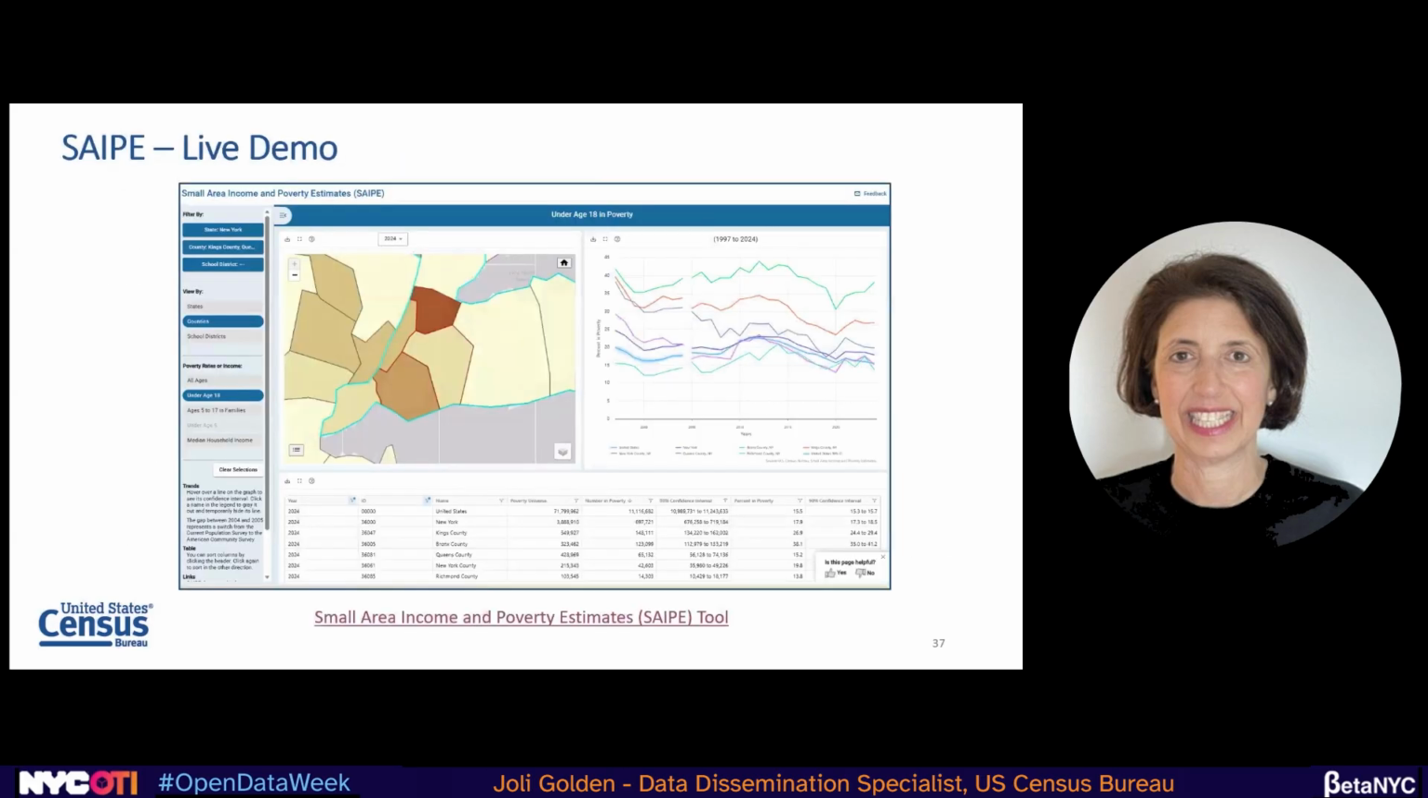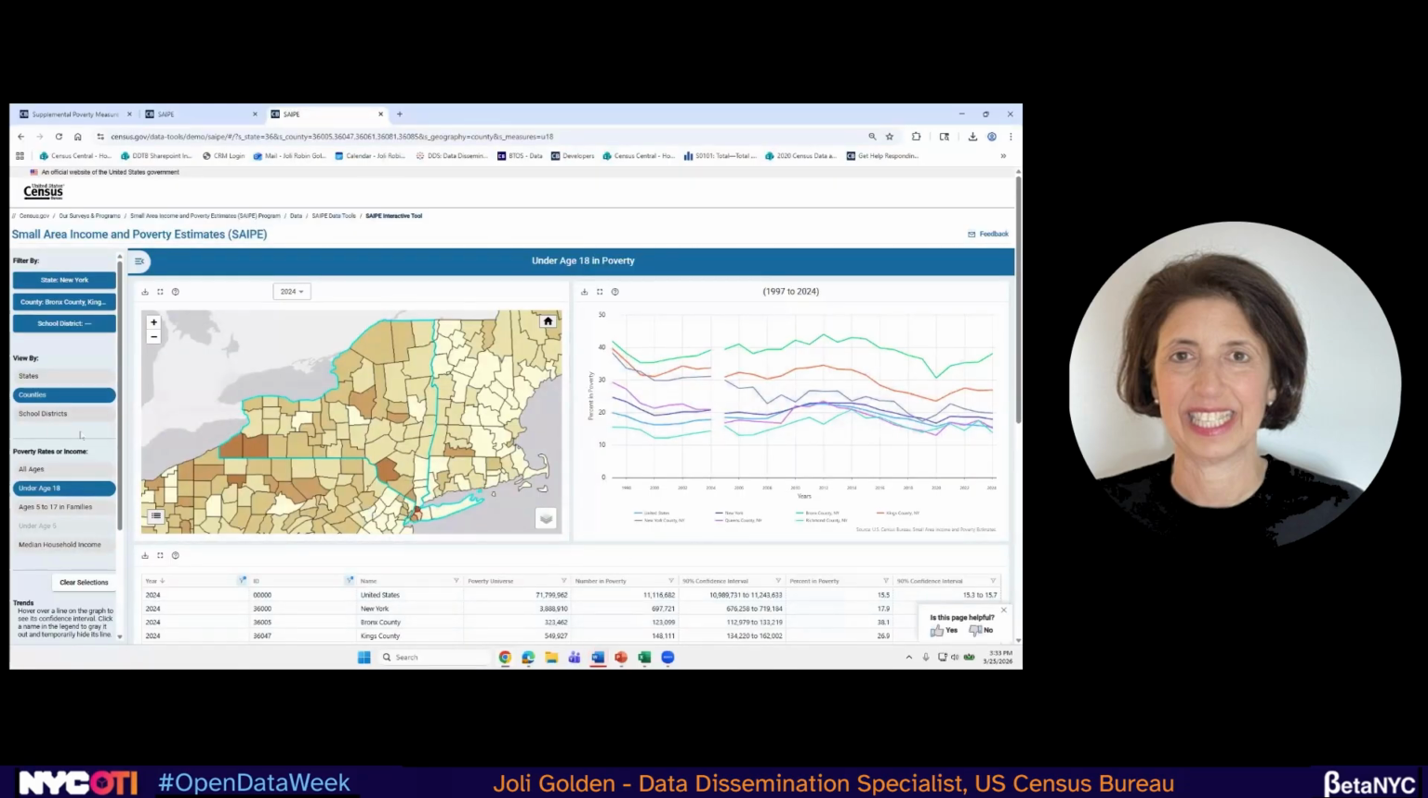So this is what our SAIPE interactive tool looks like. And I'm just going to take you in it for 1 second. So this is the tool. It's pretty intuitive. You can look by school district. It's less exciting to look by school district in New York City because we're one unified school district. But here, if we look at counties and under age 18, and we can